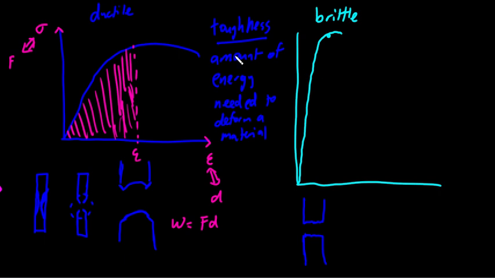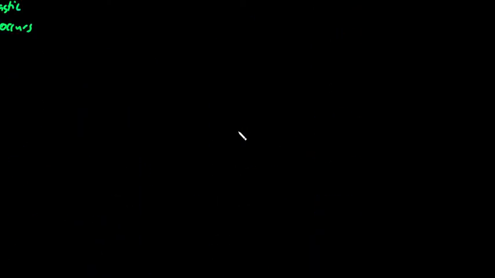So the toughness of a material is the amount of energy required to break the material. The other way that you can think of this is impact resistance. If you hit it with a hammer, or dropped it, or provided a sudden load, would it break or not? Or how much energy would it require to break? If you just considered